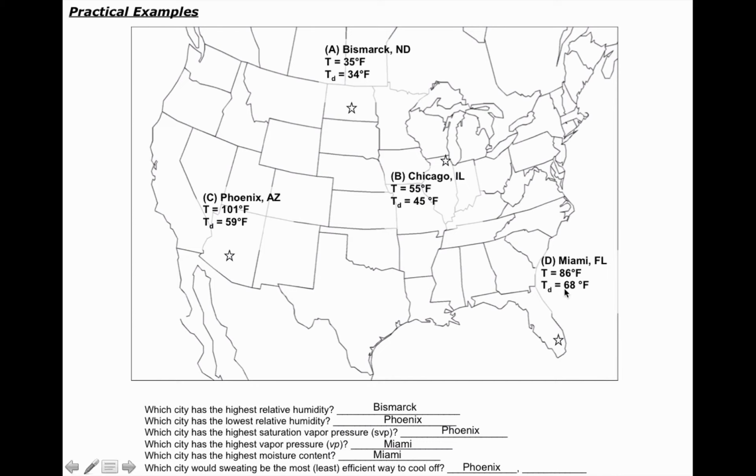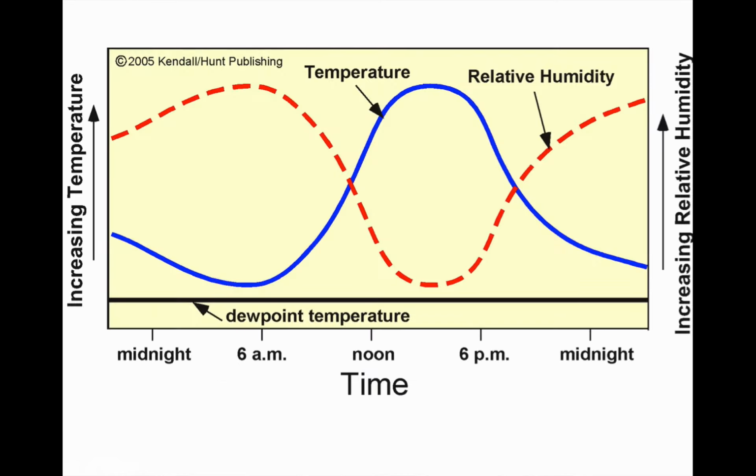Miami's a different story. The humidity level is relatively high, but there's tons of moisture in the atmosphere. Miami is not a location where sweating is efficient, and that's because there's not much room left, because the dew point and temperature are close to each other and there's high heat here, to get that sweat to go somewhere. So that's why it's often very disgusting in Miami in the middle of summer. So that's a couple of our practical examples. Let's take this one step further.